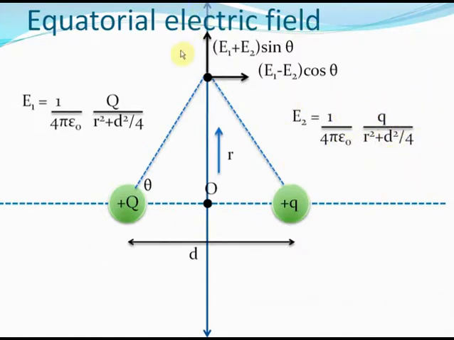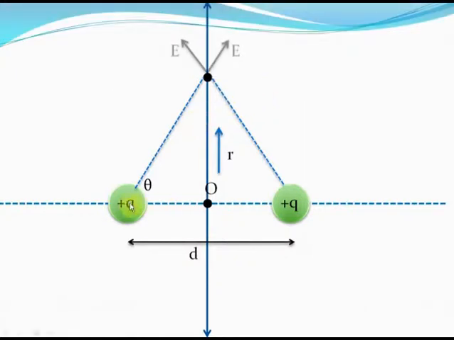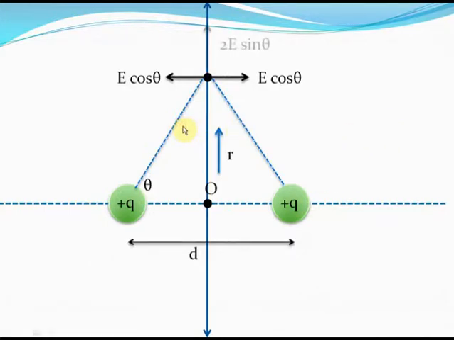Thus you can calculate the value of the electric field and also the direction of the electric field on the equator. In the special case when both the two positive charges are of the same magnitude, the net electric field will be E and E along these directions shown. That means that the components E cos theta and E cos theta will cancel each other. Isn't that so? The components E sin theta and E sin theta will add up, however. So the net electric field because of two identical positive charges will be along the y-axis and will not be along the x-axis. That is clear, isn't it?